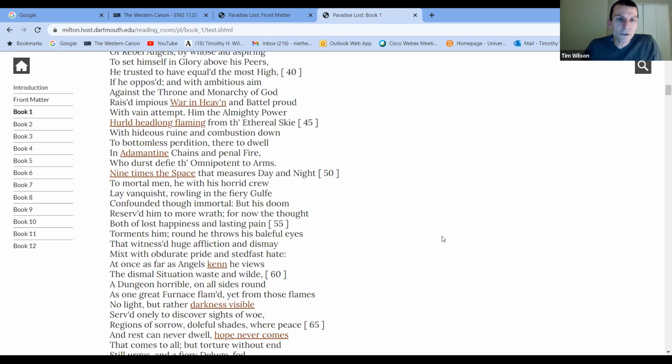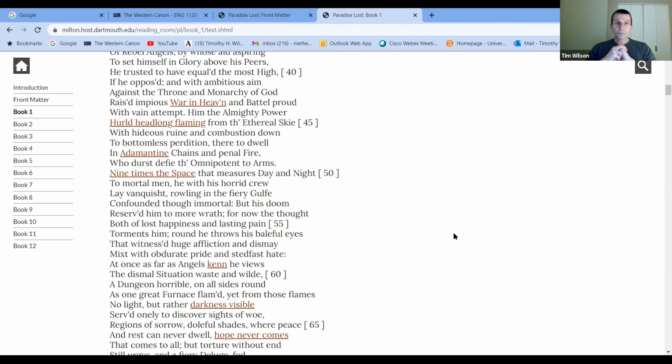But his doom reserved him to more wrath. For now the thought both of lost happiness and lasting pain torments him. So he's laying in this burning lake in hell after falling for 9 days, after losing this war in heaven that we only have a glimpse of here, and we'll learn more about it in book 6. He's laying there with his millions of compadres in this burning lake,